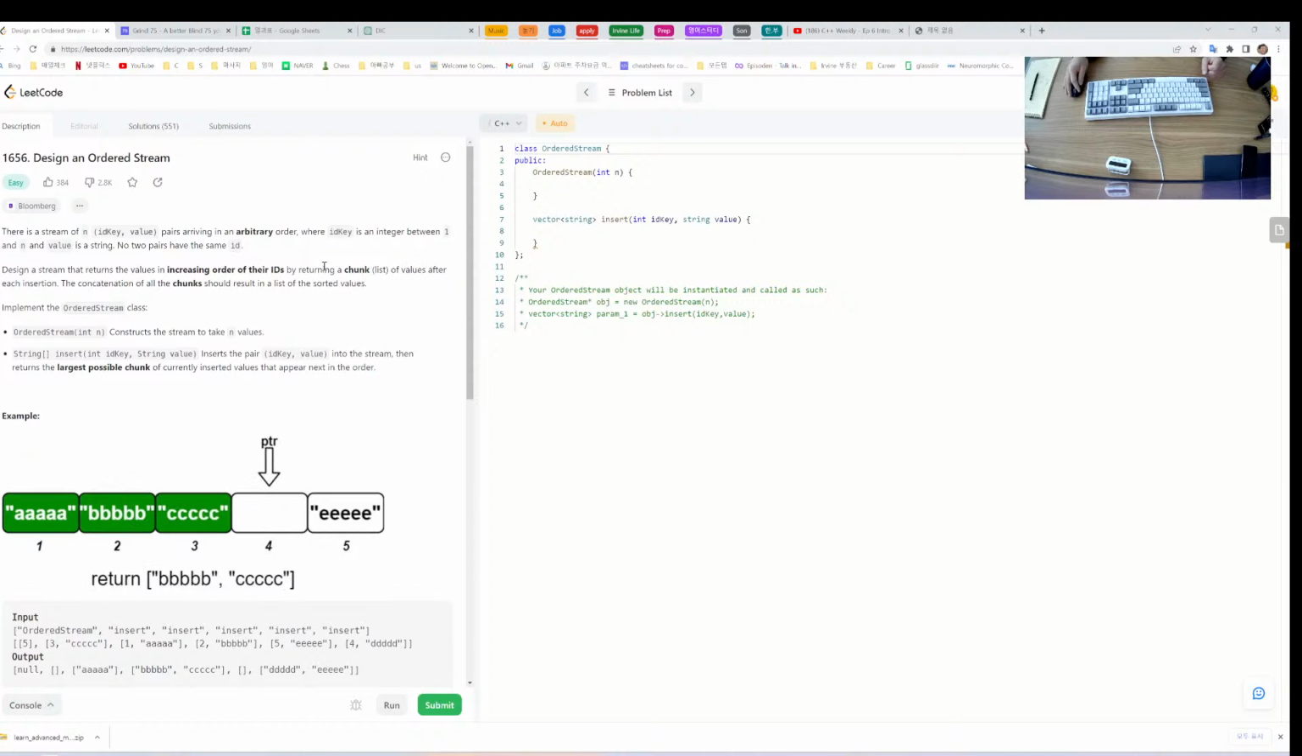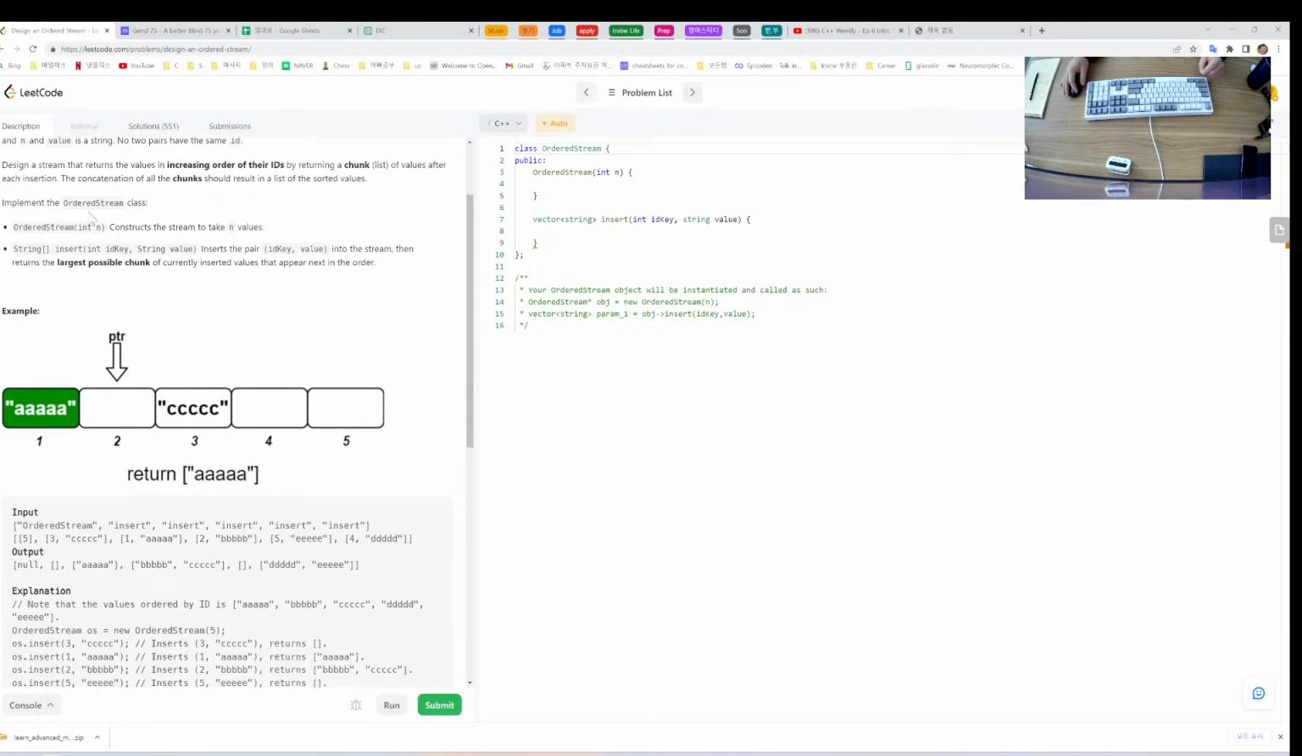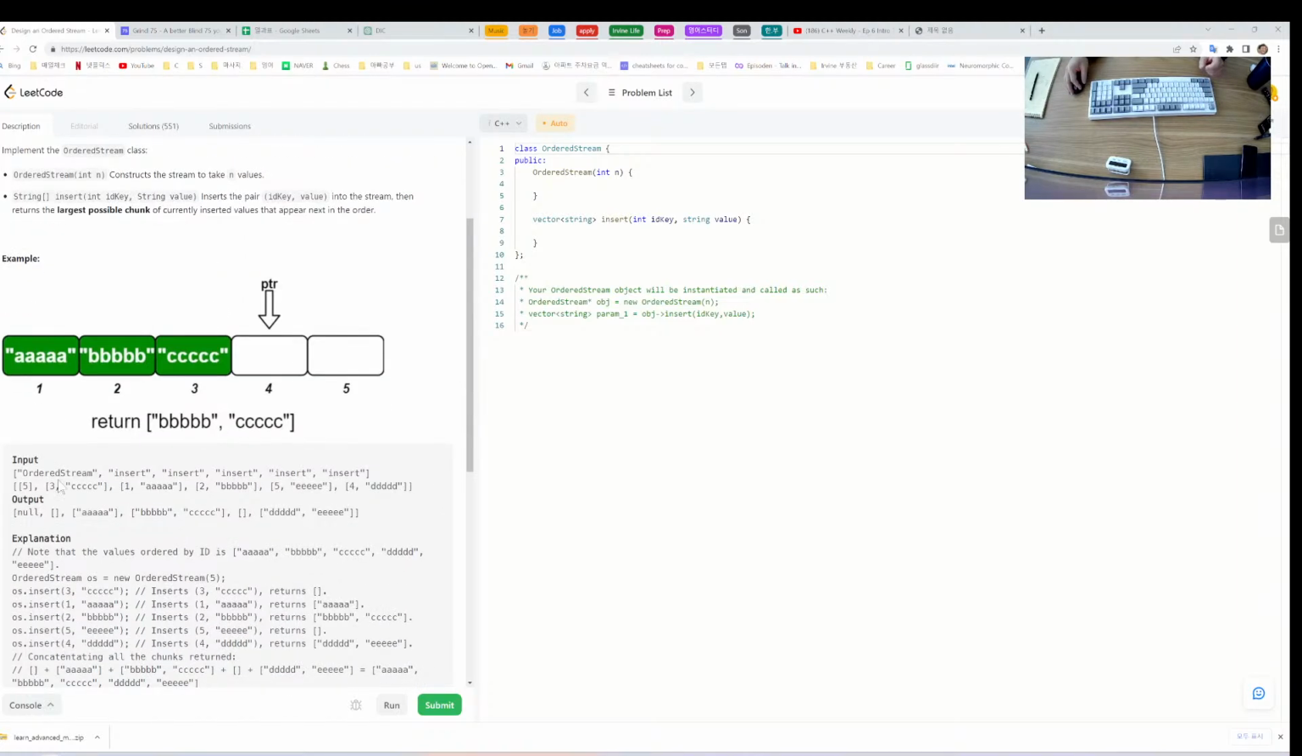after each insertion. The concatenation of all the chunks should result in a list of sorted values. Implement the OrderedStream class and construct the stream to take n values, insert the pair into the stream, then return the largest possible chunk of currently inserted values that appear next in the order. The stream insert 5, 3, 1, 2, 5, 4, 3